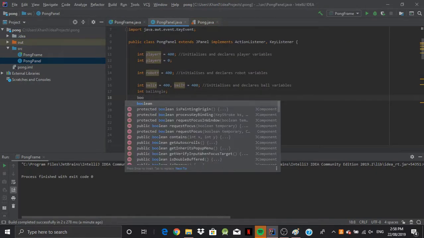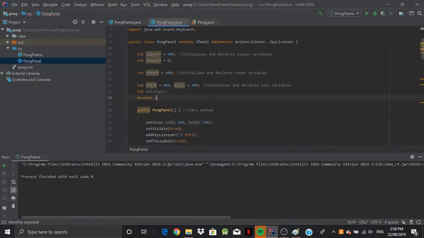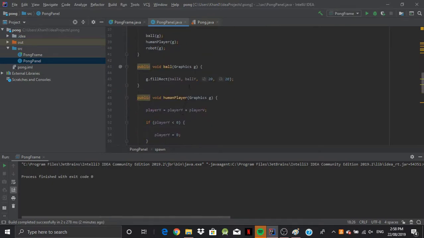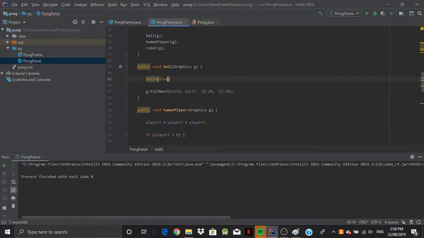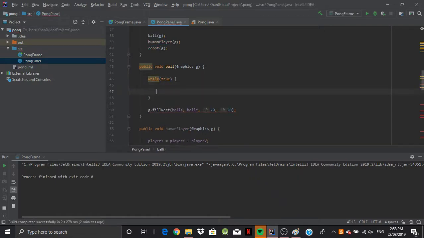So we're going to learn a new thing that's called a boolean. Although you should already be familiar with it because we've done it with our if statements. So a boolean can only have two values. That's true or it is false. So anyway, boolean, and we're going to call this spawn, is going to be equal to true. Let's go down to bool. So while true, we want it to spawn